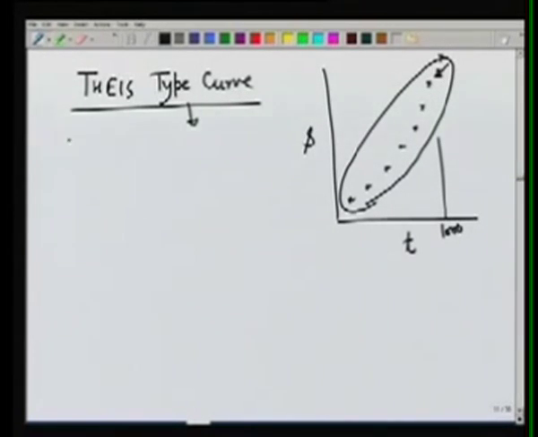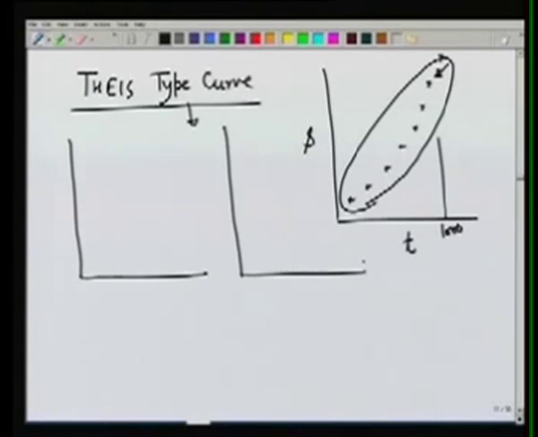The type curve tries to compare two different curves. In one of them, we plot the well function variation with respect to u, or 1 over u, and in the other curve, we plot t over r square versus the drawdown s. The idea is that these two curves should be similar, because if you look at the equations,